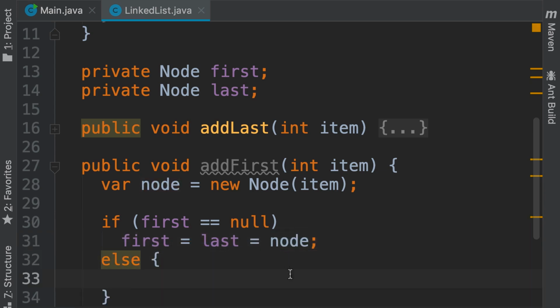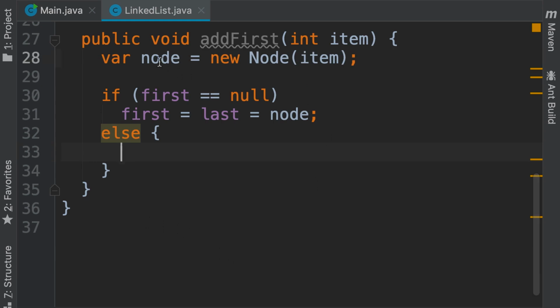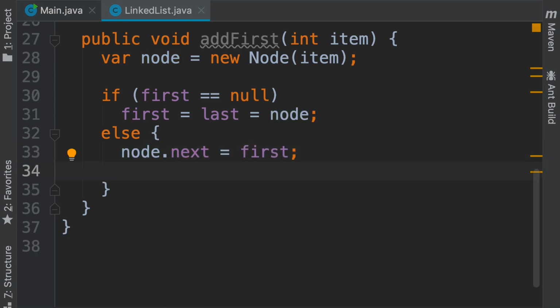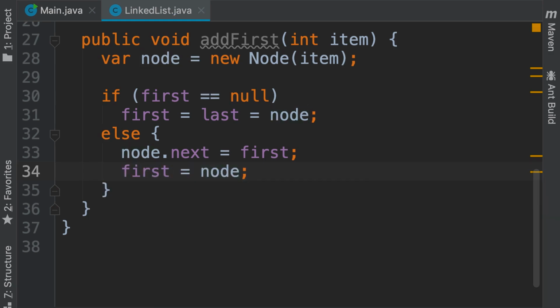Otherwise, we want this node to point to our first node. So we type node.next equals first. And then we need to set the first node to this new node. So first equals node. We're done with the implementation of this method, but I want to show you a technique